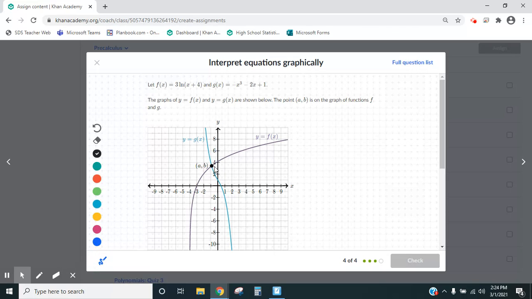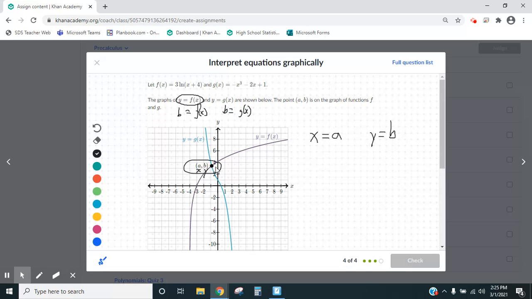So a couple things to notice, right? In this situation, x is equal to a, because this is an x-coordinate and this is a y-coordinate. I can also say that the y-coordinate is equal to b. Now I can also see this: if the y-coordinate is equal to f of x, I can also say that b is equal to f of x. I could also say the same thing over here with g,